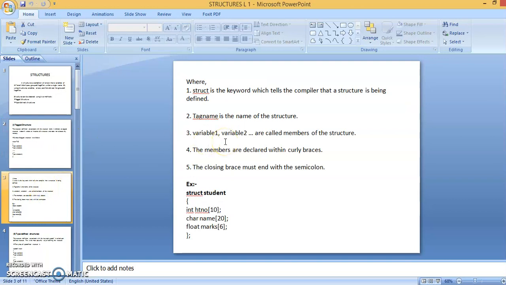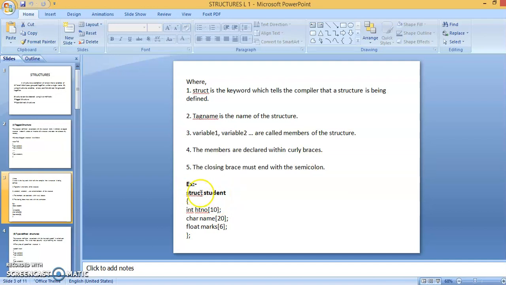Here is the explanation about the tagged structure. The struct is the keyword that tells the compiler that we are using a structure, tag name is the name of the structure, and variable 1, variable 2 are called members of the structure. The members are declared within curly braces and the closing brace must end with a semicolon. Example: struct student.